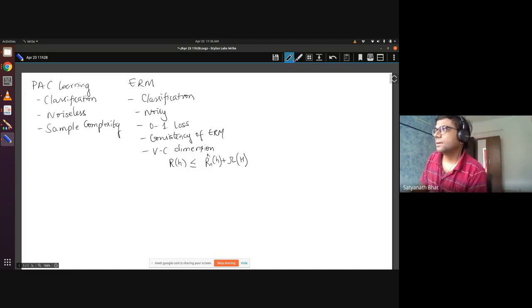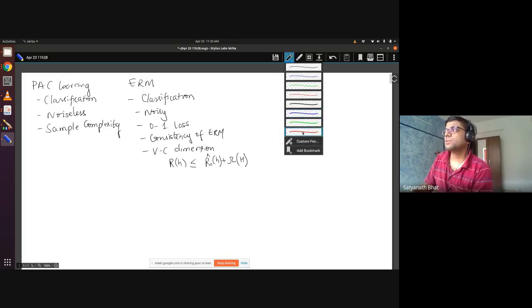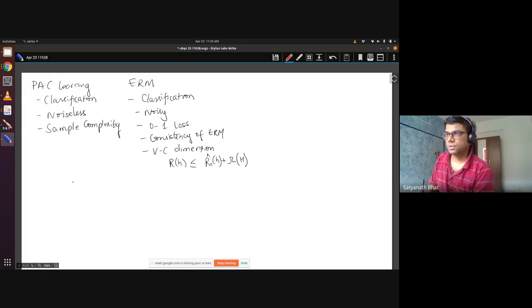And then today we are going to continue. So these two parts are complete. Here in the empirical risk minimization framework, we have to compute VC dimension for different hypotheses and see how that is done. That part is still pending, and I will do that tomorrow. But today we will start a different, quite important topic, which is called bias variance trade-off.